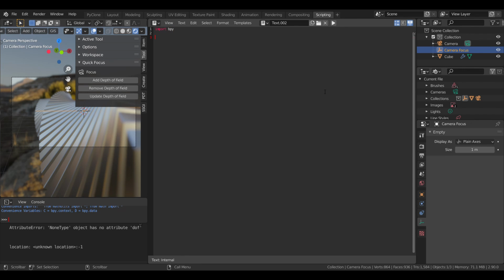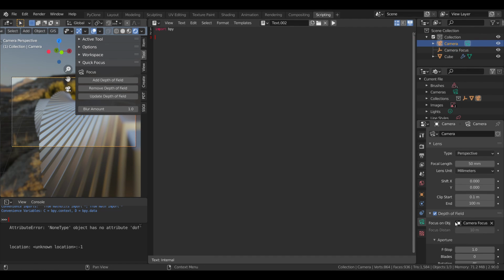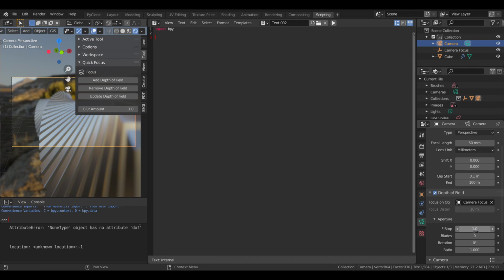Let's begin. So the first step we want to do is to select the camera, because when removing it, we want to select all the values and return them to the default ones. So no depth of field, no focus object, and the default aperture. So in order to get to these camera properties, we're going to select the camera as the active object. Now we did that in the last